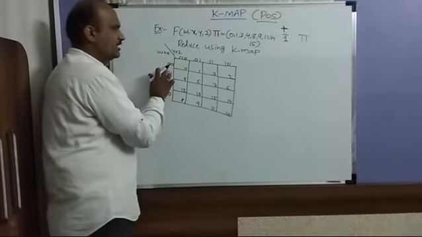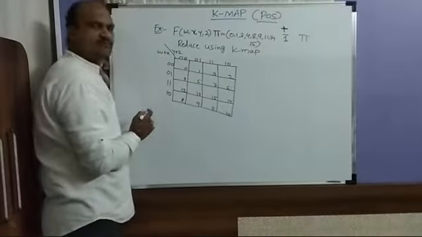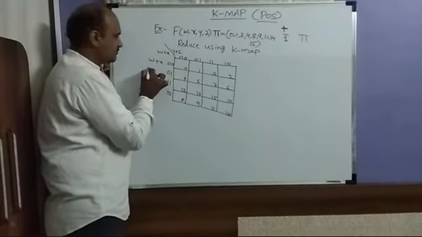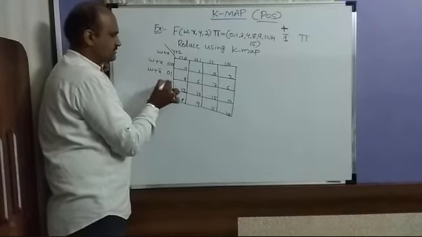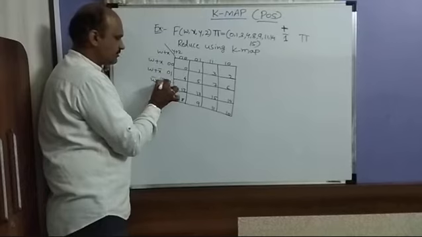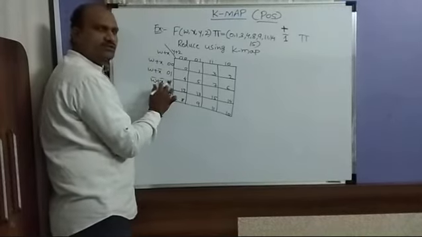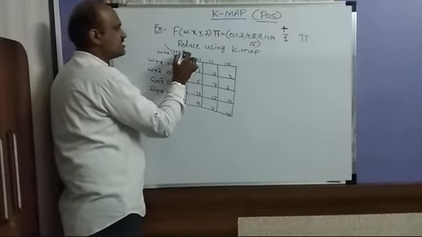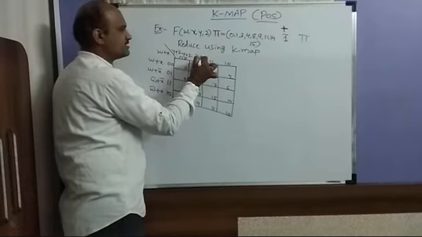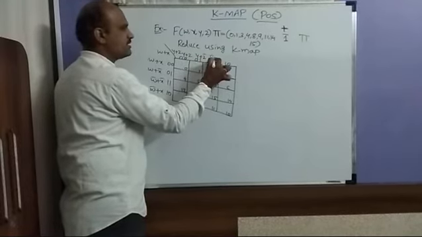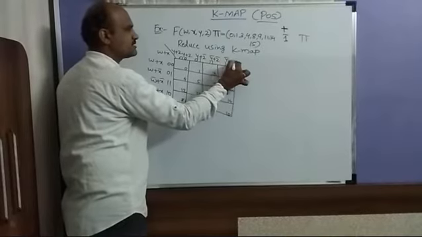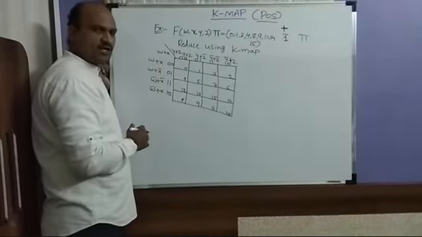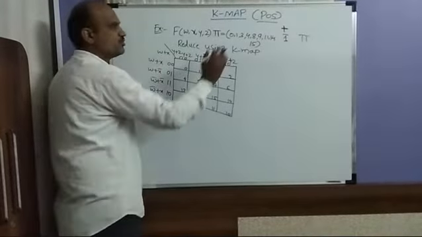Then here, as I told you, if it is 1, then it becomes the bar. Now here it is 0 0, it becomes w plus x. Then w plus x bar. Then w bar plus x bar, because 1 is also there, so it becomes the bar. So here w bar plus x. Now in this case y plus z, y plus z bar, y bar plus z bar, y bar plus z. So first you have to write down the K-map.